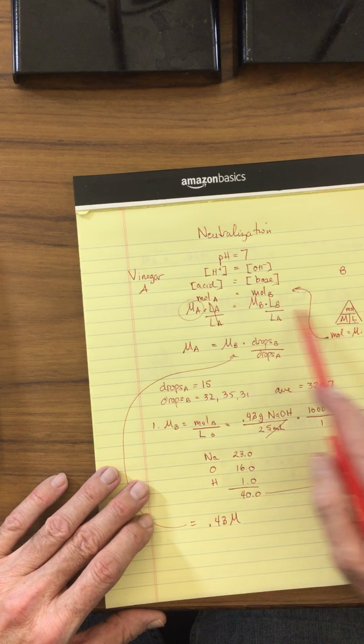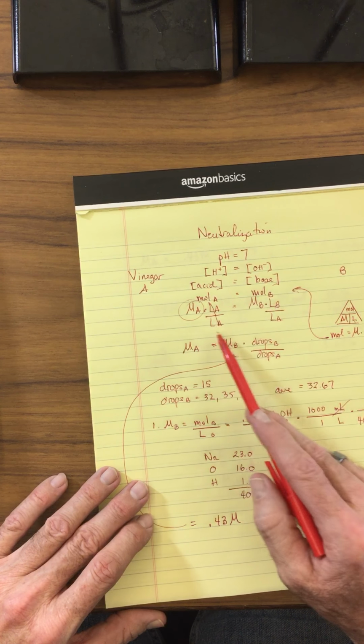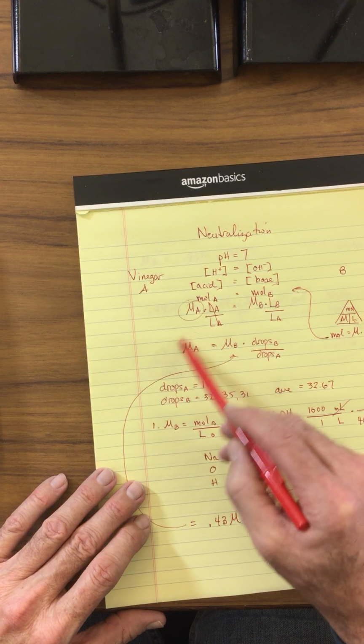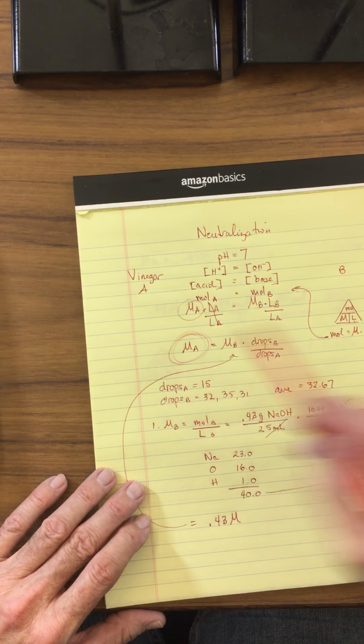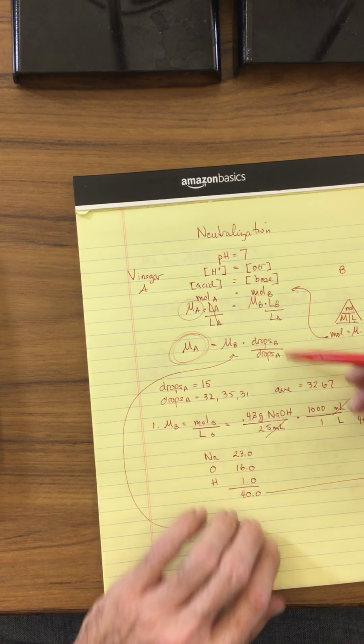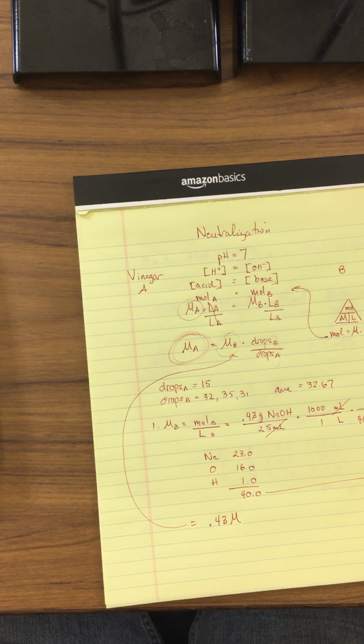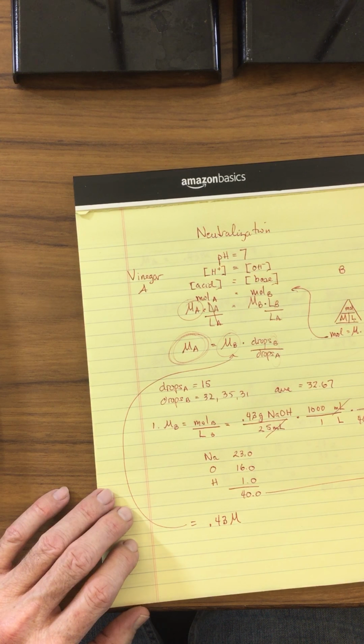We rearranged the molarity triangle to calculate the molarity in the liters to calculate the molarity of the acid so that we can gather the concentration. We already knew the drops of each, but we had to calculate the molarity using the grams that we added,